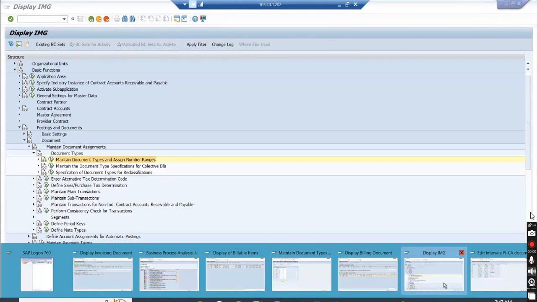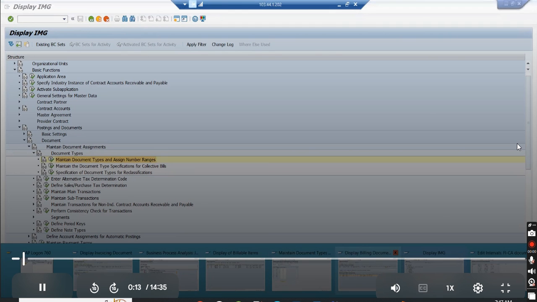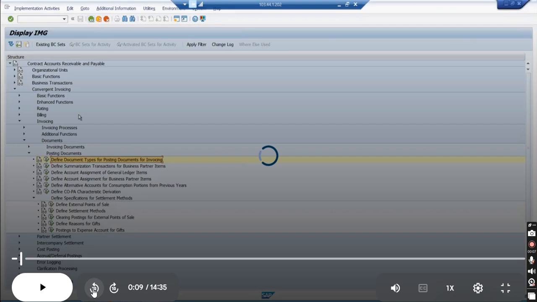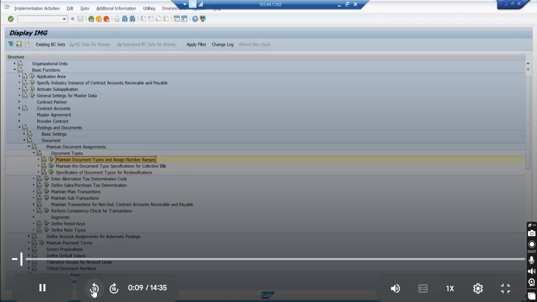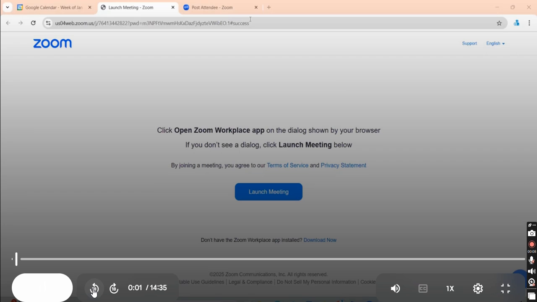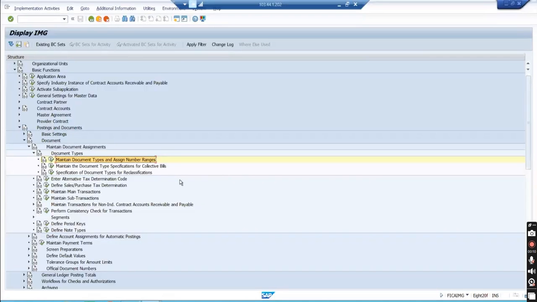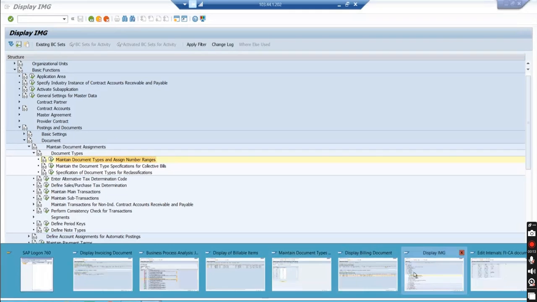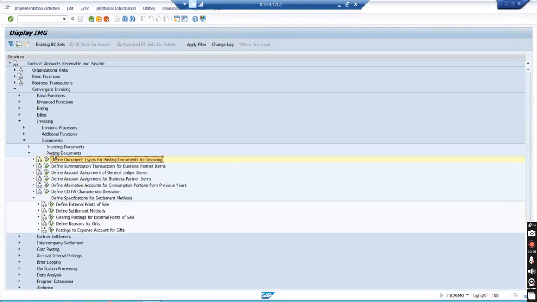So let's see the invoice document number. So my invoice document number is, so I'll go back. I'll go into invoicing